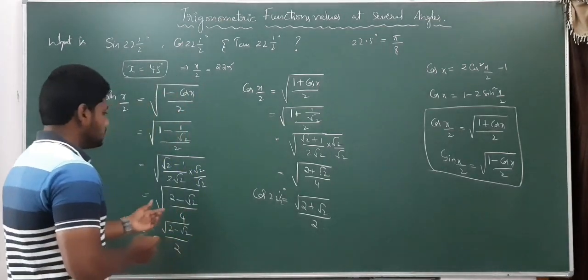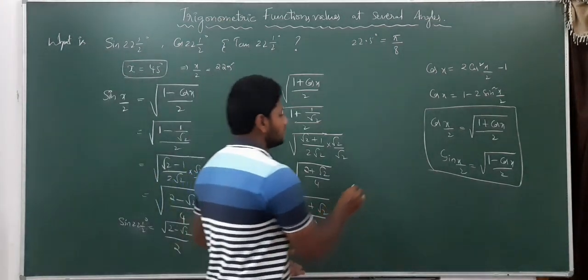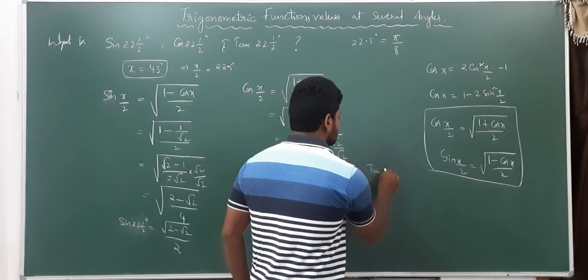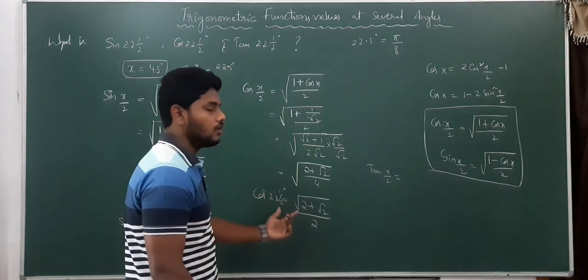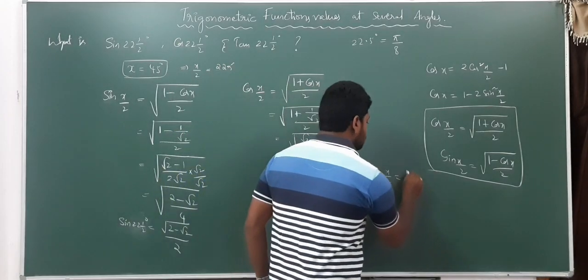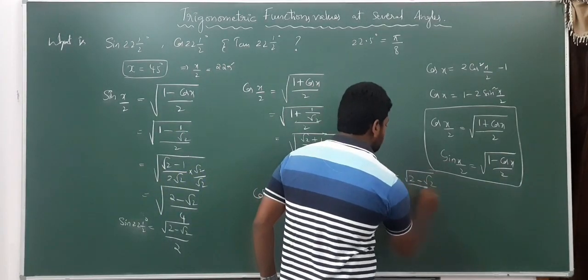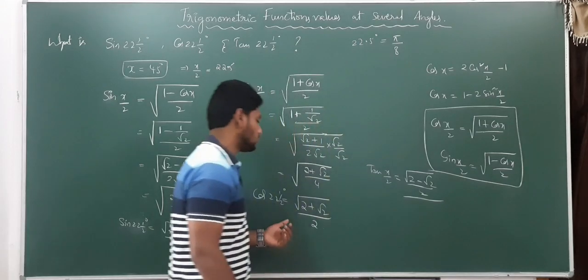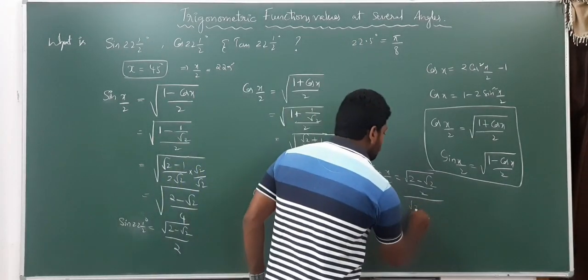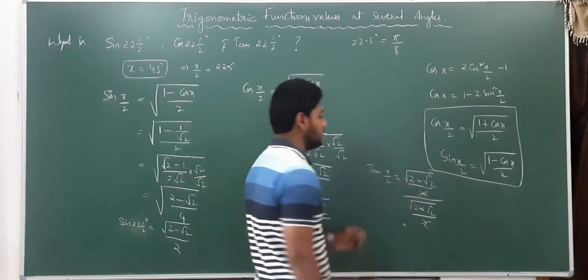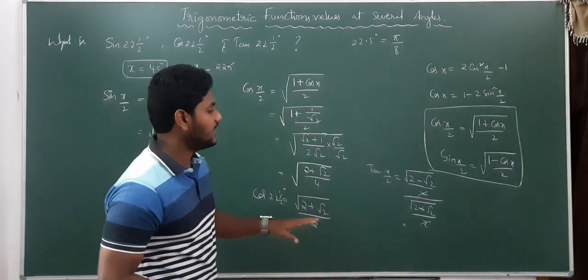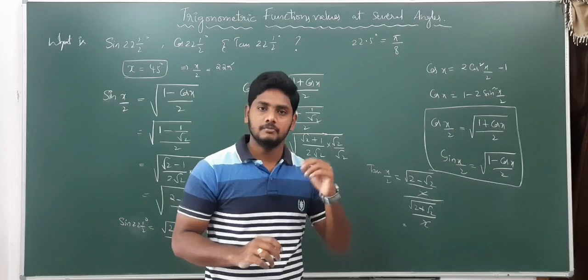Now, see, remember these two formulas. See how to get tan. How to get tan 22.5, nothing but tan x/2, nothing but sin x/2 by cos x/2. What is sin x/2? Square root of (2 minus root 2)/2 divided by, what is cos x/2? Square root of (2 plus root 2)/2. 2 cancels, you simplify. The tan 18 degrees we have already found in the previous lecture.